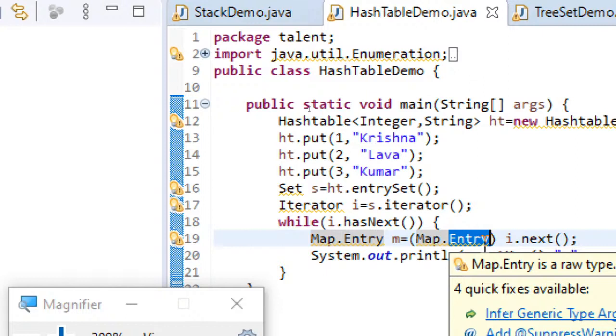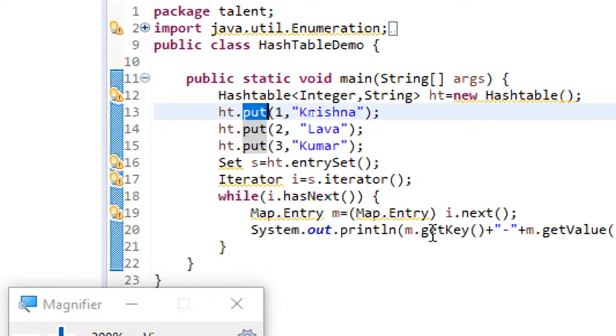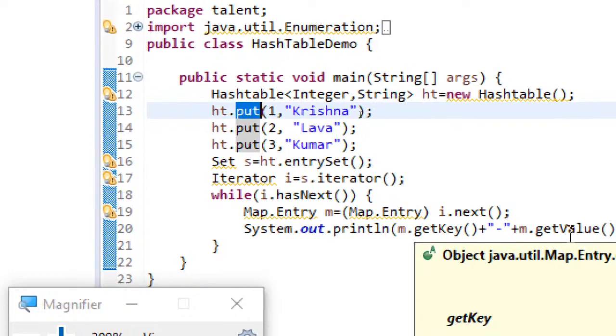The basic operations that you can perform over maps, two of which you have already seen with Hashtable, are put, in order to insert the key value pair, and get, in order to get the value of a key.